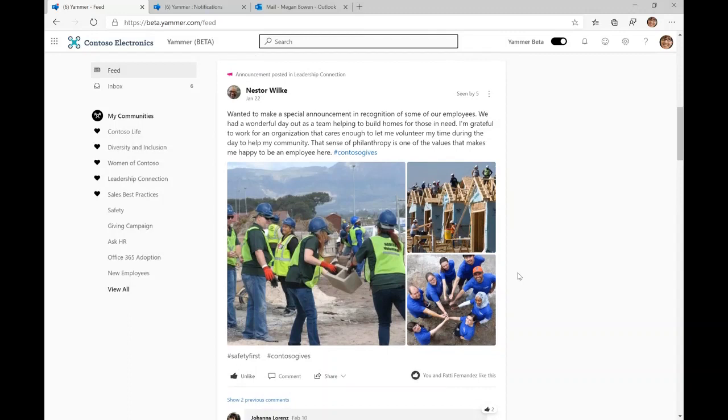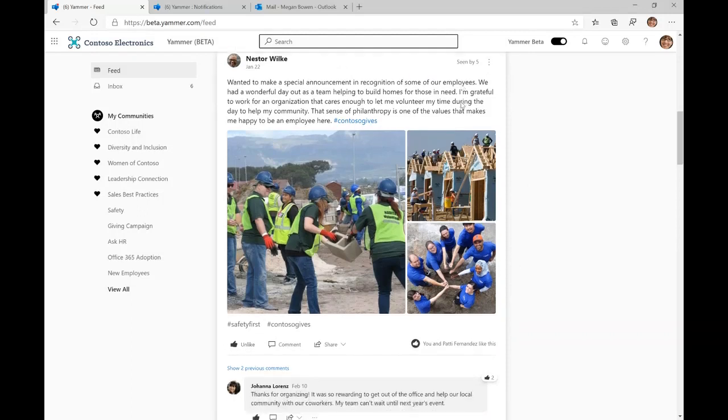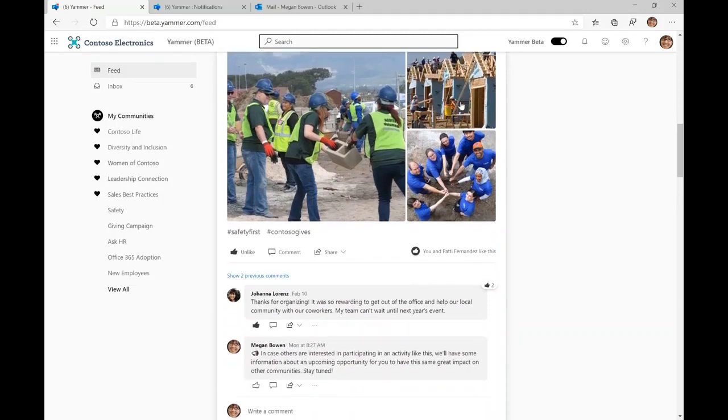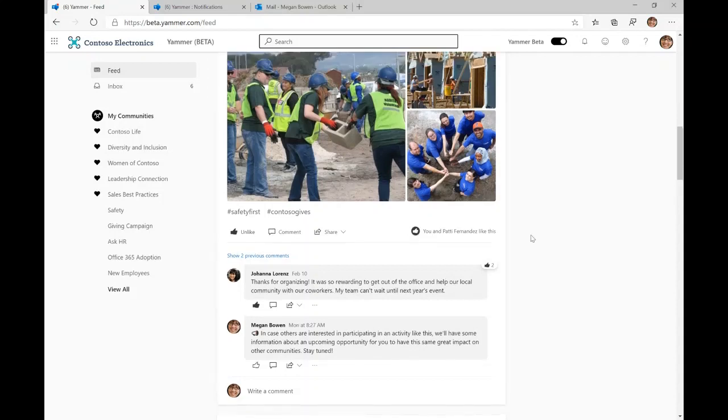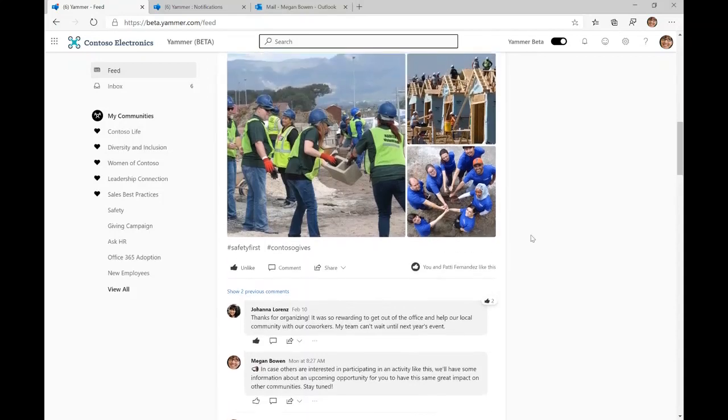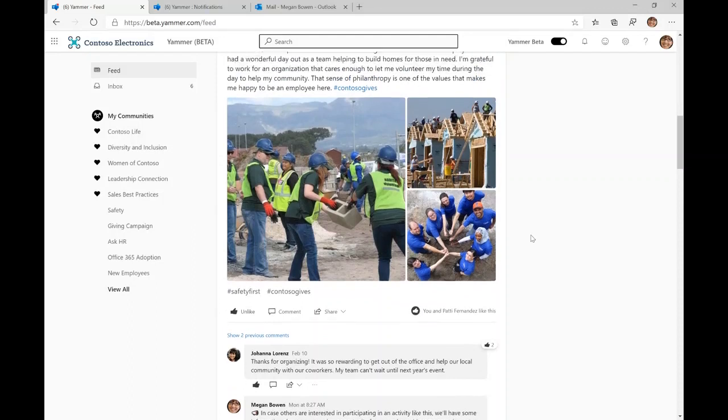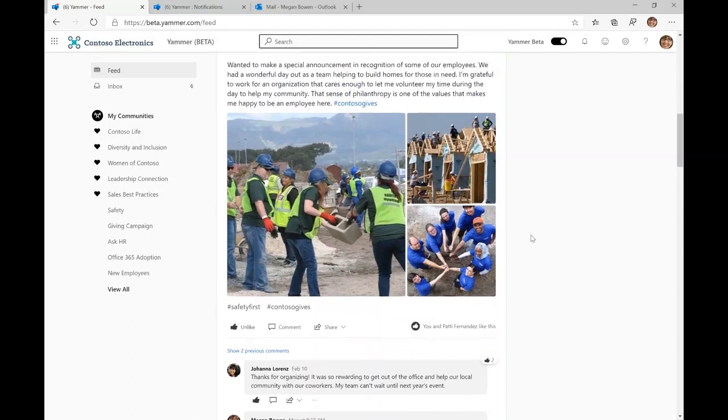See how you see a collage of pictures appearing on your feed. You see all the latest information happening on this specific conversation. You see the seen by accounts. You see how many people have liked this specific message and the people who are commenting on this message and the likes on those. So put your focus on this specific conversation because we'll see how it now appears inside Outlook with the new integration work that we have done with Yammer and Outlook.